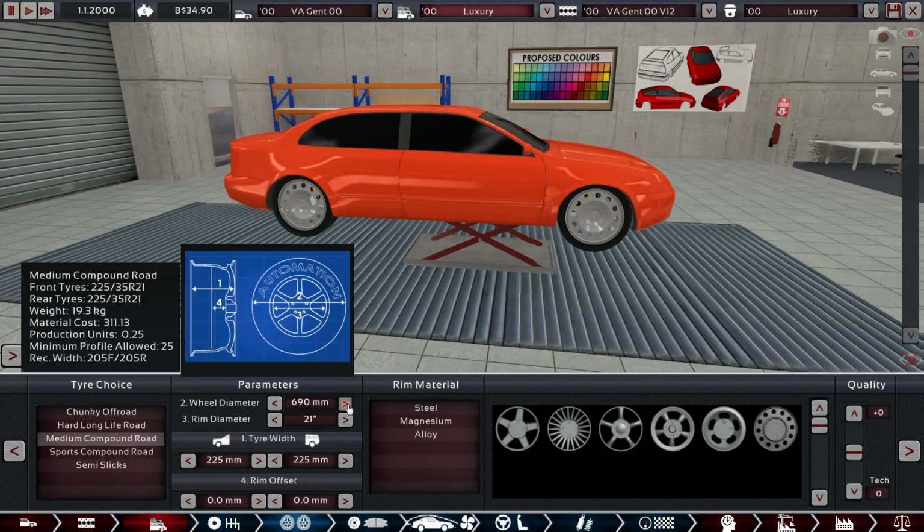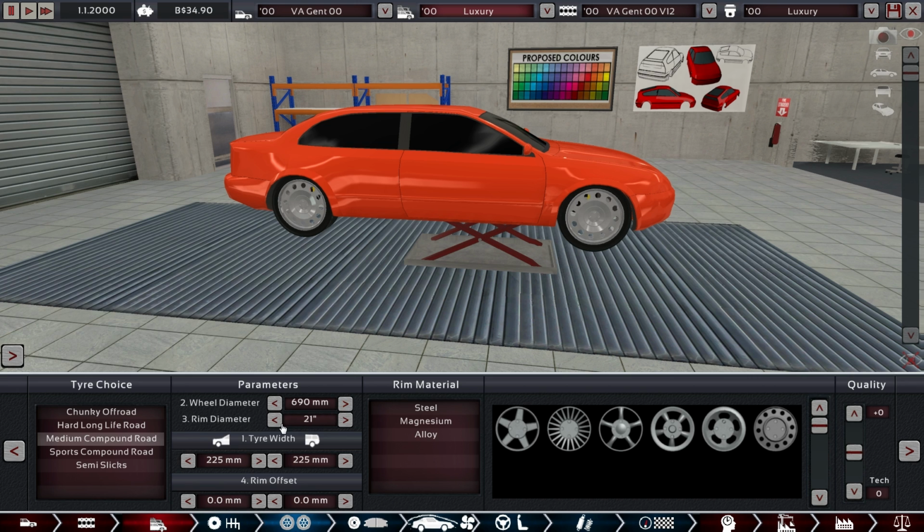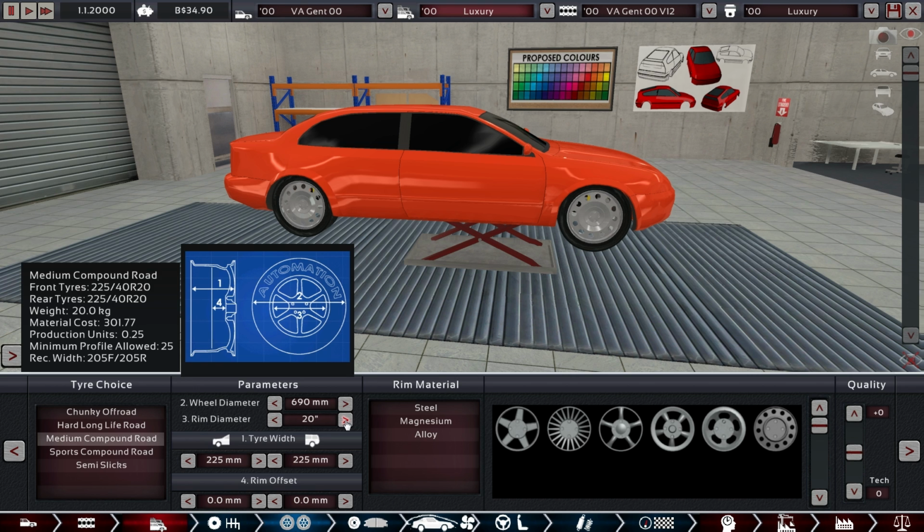21-inch rims. What do we have? We have a profile of 35. Nah, 40 is more comfortable. Shouldn't go overboard here. Let's see. So this is 40. This is 45. Yeah, actually, I don't want to... it's prestigious, yes. I think we're going with